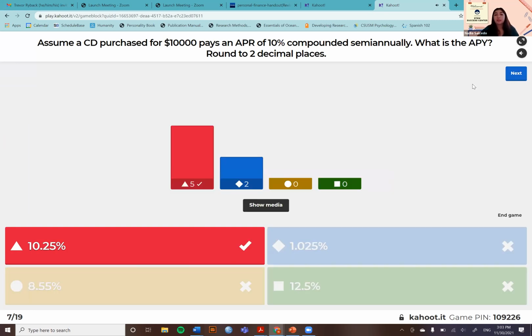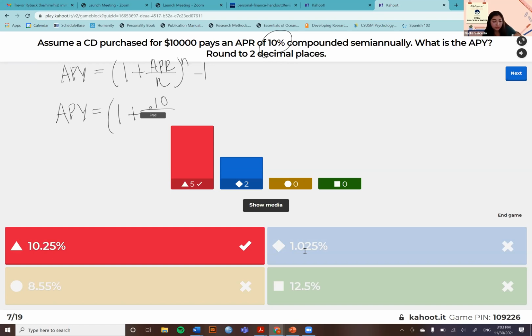Okay, so most of you did get the right answer. I think there was maybe a rounding error in the APR, but I'll go over it. This one, we're gonna use the APY formula, which is 1 plus our APR over n, raised to the n, minus 1. This is our formula when we want to find our APY when we're given our APR. Our APR is 10%, compounded semi-annually, which means n is 2, because we're compounding twice a year. Raise that to the exponent of 2, minus 1, and that gives us